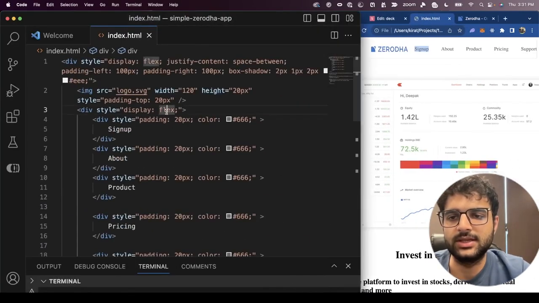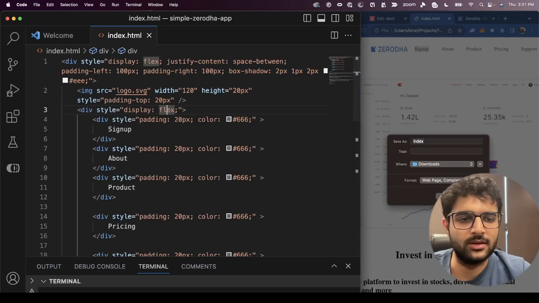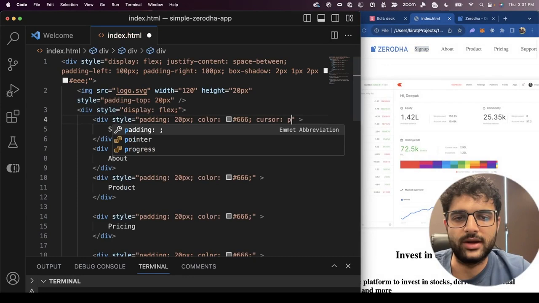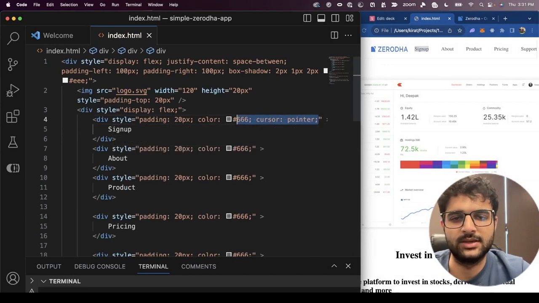The answer for this is, let's see. All of these need to have cursor pointer. Everything is available in CSS. What does it say? Okay, my cursor, when someone hovers over it, should be a pointer. So if I copy this, I can actually